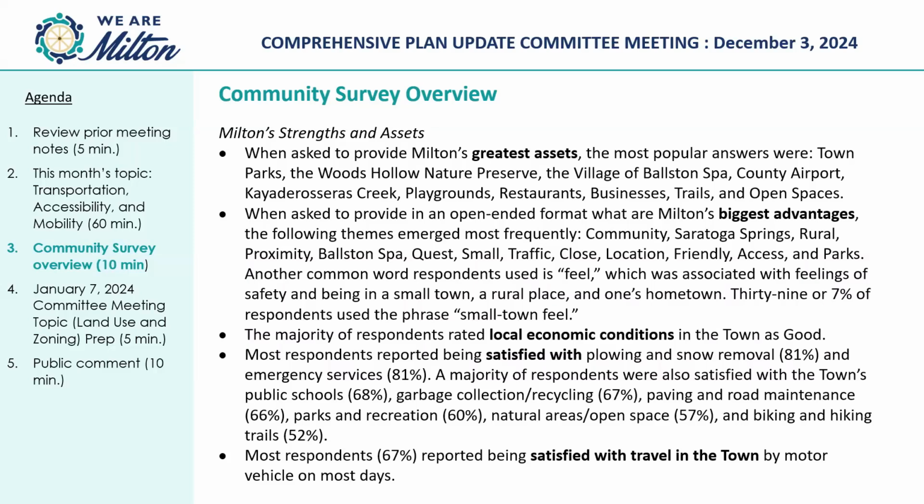Adam, I have one question. On question 16, please rate Milton's public services and facilities based on your assessment of the current level of service. They're kind of rated from the top down to the bottom. How are these supposed to be rated? It's sort of reverse. The top is those that, I think, were dissatisfied, and satisfied is on the bottom? Right. Oh, okay, that confused me, because plowing and snow removal are kind of at the bottom. And we do a great job in removing our snow.